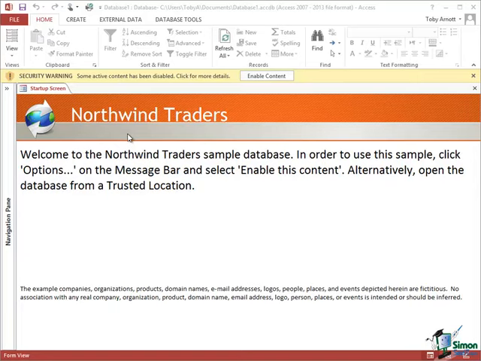Now of course you'll be familiar with the enable content up here. As far as my installation of Access is concerned, the Microsoft location we've got this from is not a trusted location, so I have to actually tell Access to accept this template. If you've got a trusted location with this template in it, or you're accessing it in some other way, you may not see this warning. You probably will. Click on enable content